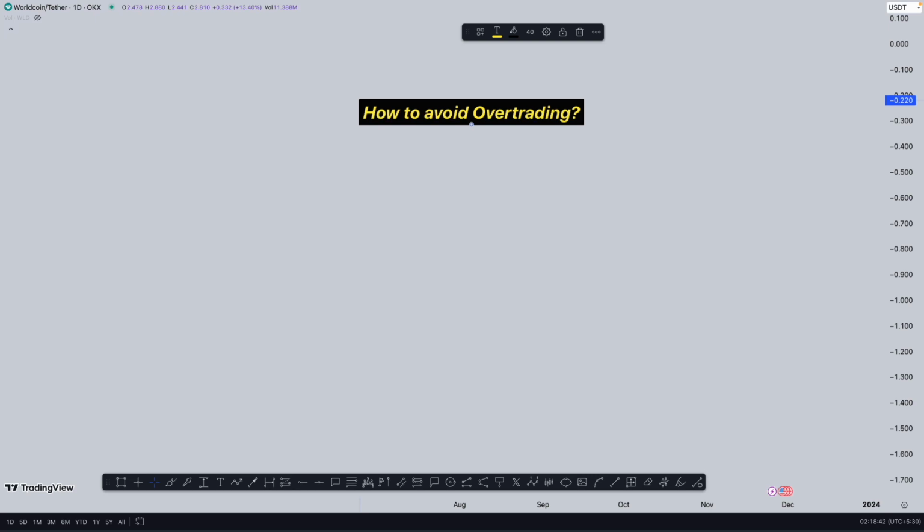In order to avoid that, you need to understand exactly what leads you to overtrading, whether it is more profits, whether you are a scalper, or whether you are rushing into trades without even finding the right setup. You firstly need to understand that in order to avoid overtrading, you need to keep one thing in mind: what leads you to that.